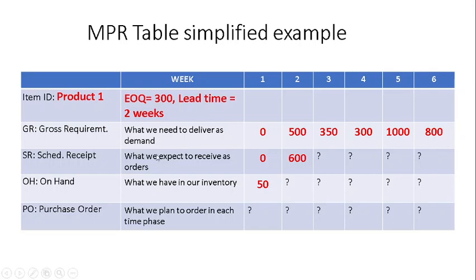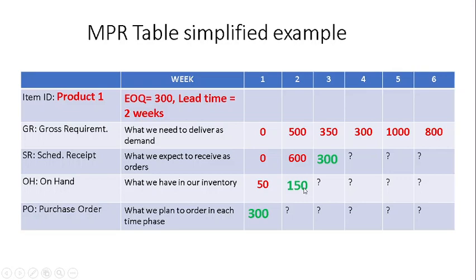As a first step, we need to identify what our production will consume from our inventory. So let's proceed to the first step. In week 2, I need to deliver 500 items. I'm expecting 600 and I already have 50 in my inventory. So in total, I hold 650. If I take out the 500, I am going to be left in my inventory with 150 at the end